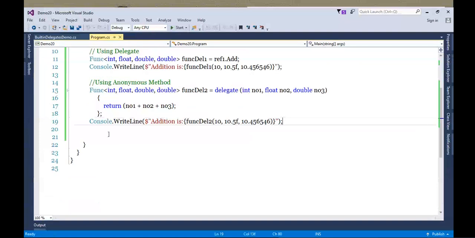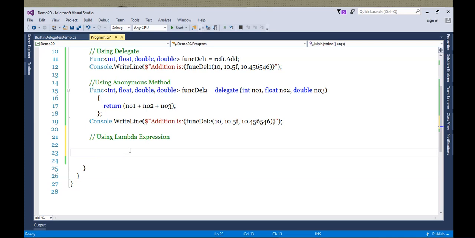And finally, with lambda expression. Let's use lambda expression for this. Okay. Now lambda expression and func delegate, if you combine these two together, definitely this will be the best option for us.